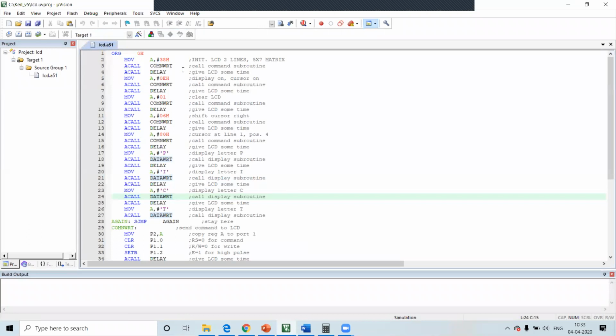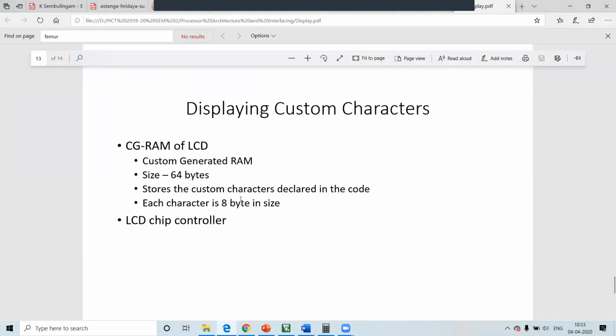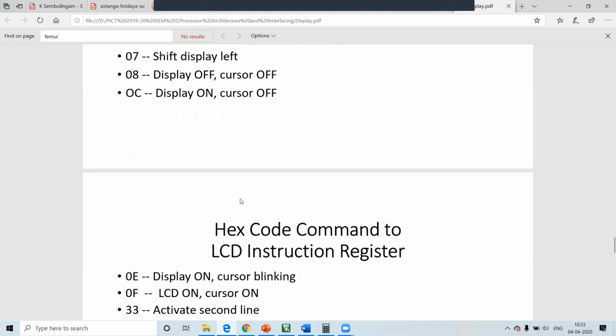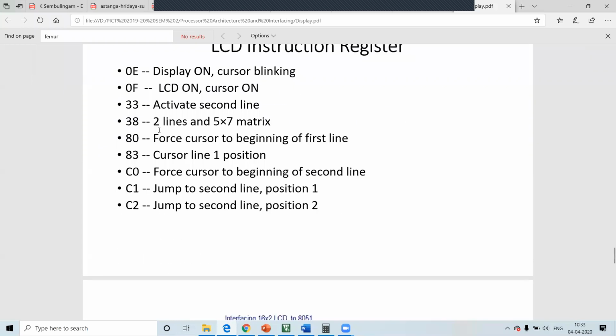As I said, we'll be using 5x7 matrix LCD, which is present in our college. So accumulator should be loaded with the value 38H. So this is 38, 2 lines and 5x7 matrix. So this value comes from here.